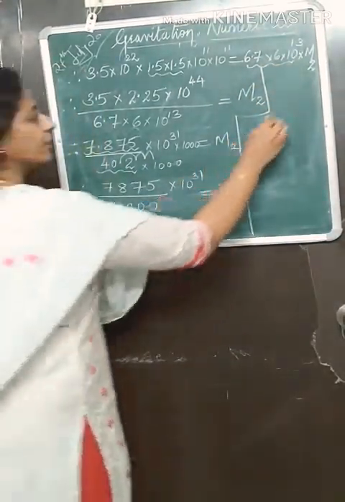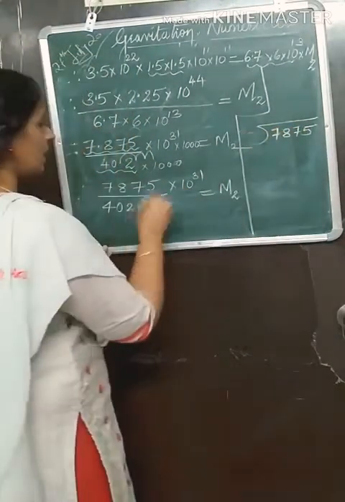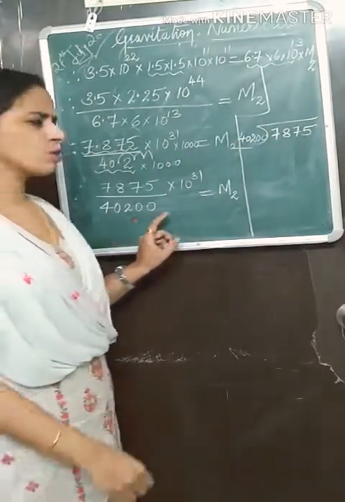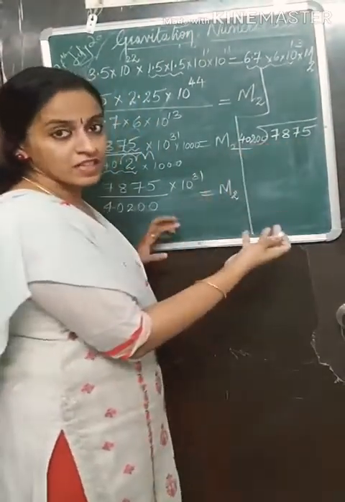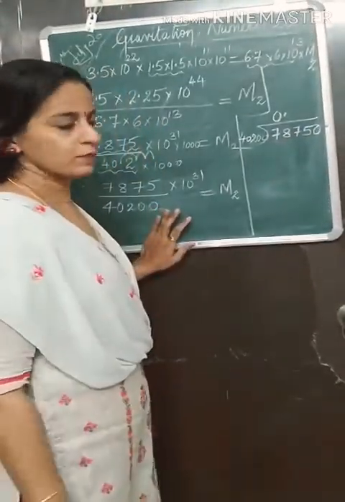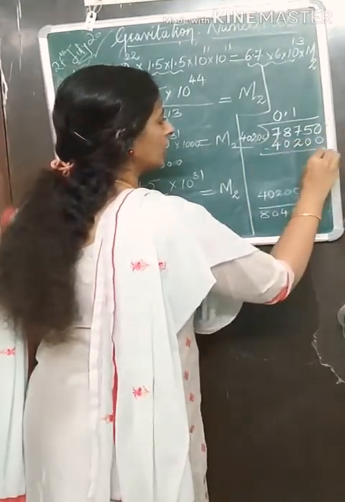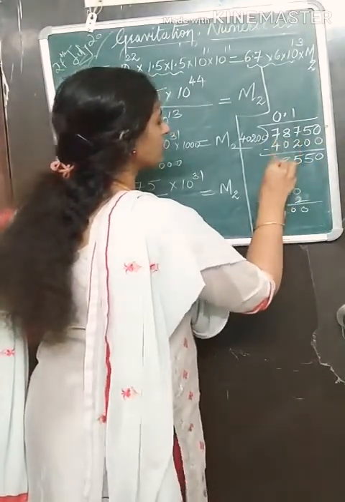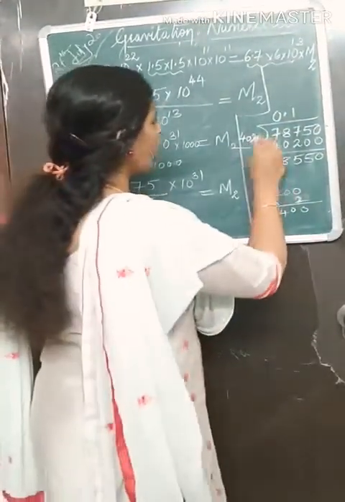So now what will you do in the working column? You will divide 7875 by 40200. Easy number, 40200. As you can see, 4 digits here and here we have 5 digits. So 0 point, start with the 0. Ones are 40200. Subtract: 7 minus 2, 5. 8 minus 0, 8. 7 minus 4, 3. After the decimal point, we need only 2 digits. Okay. So after that, we got 38.